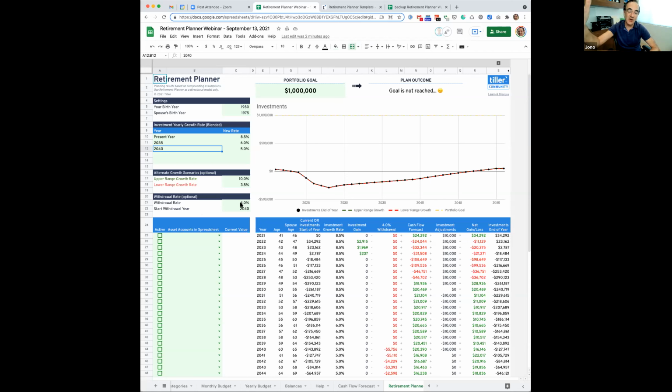Your investments are going to grow, but you're not going to withdraw any of that money. You're not going to plan to withdraw any of that money. And any money before, in this example, 2040, you would put back into your investments. You wouldn't remove it